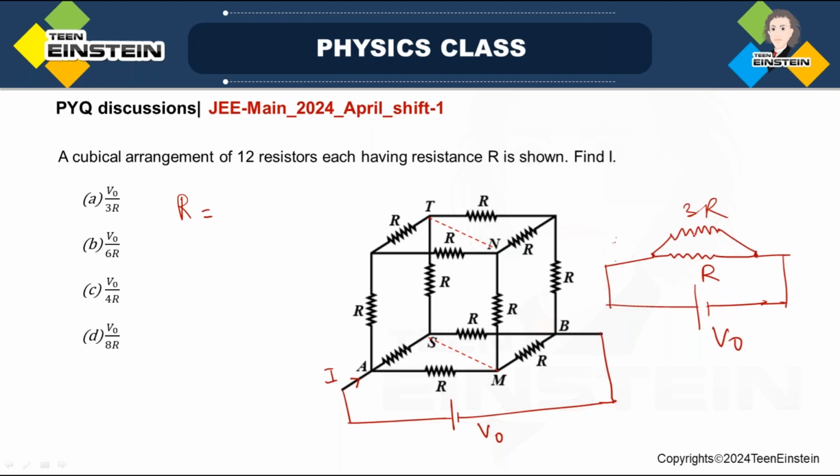So what will be the current through this 3R? Okay, I 3R is equal to V0 by